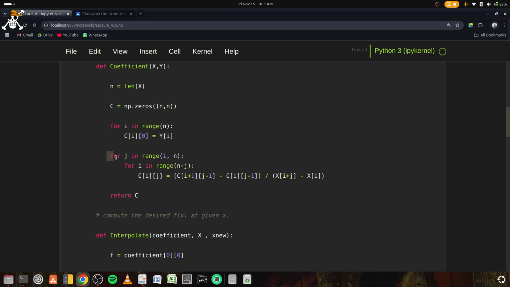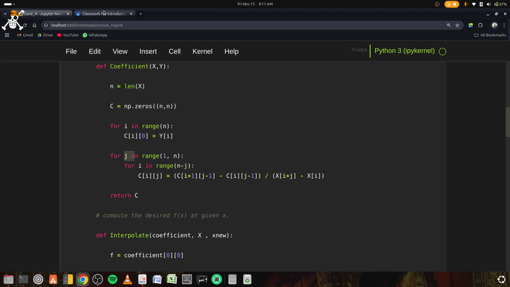So for j in range 1 to n, and for i in range n minus j, you see we are updating the values of Cij. This Cij represents the elements of the coefficient matrix. Here, j is the column index and i is the row index. So j will go from 1 to n, meaning the columns